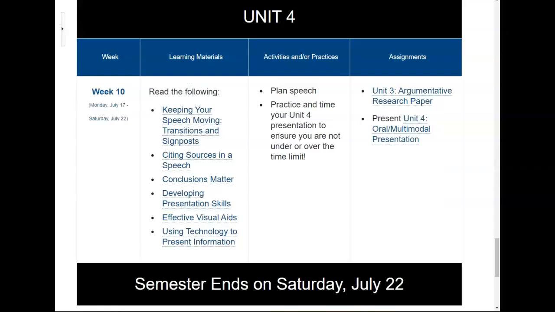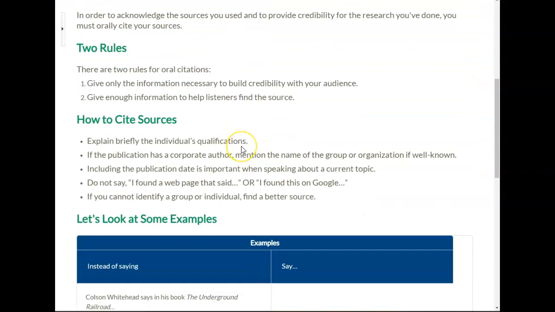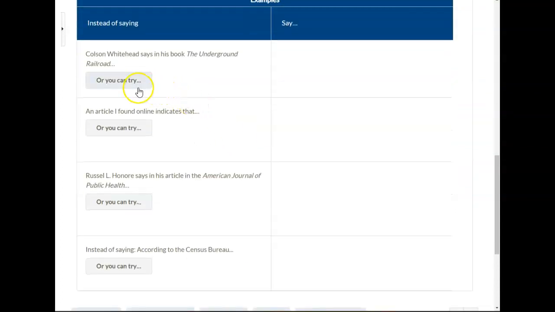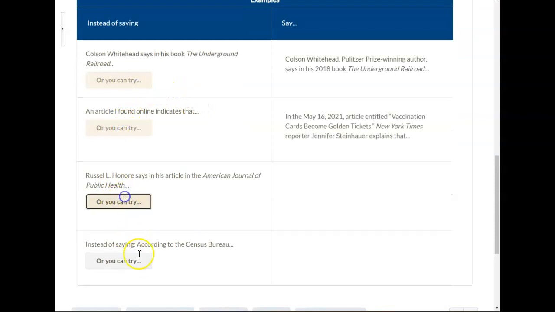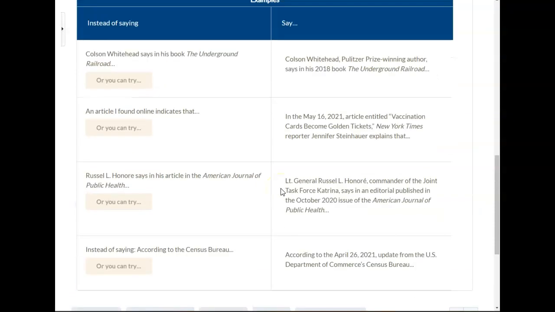The next one over is going to be citing sources in a speech, and it's the same as it always was. If it's not totally your idea, you must cite it now and forever. As you are presenting these supporting ideas in the speech, you can't necessarily spell out the in-text citation. So this is where the narrative citations come in. The page is not bad at showing you what could be in the spoken word as you present the material, but you have to take a look. So you can kind of see how these work if you really wanted to, but it's going to come very naturally to you, okay?